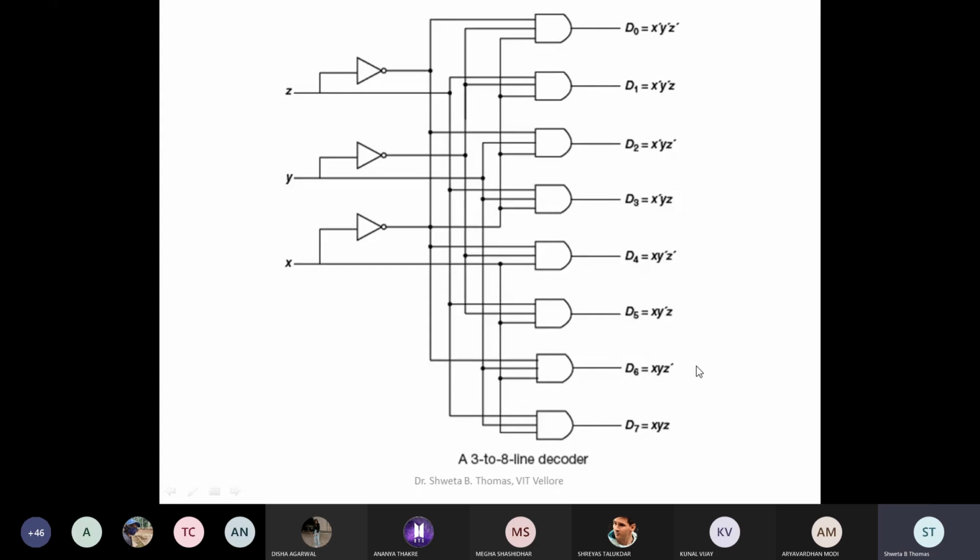You can do that verification by hand, and possibly by tomorrow evening I will upload the slides also, so you can use the content of my PPT. Everyone please take a snapshot of this circuit diagram, although it is there in Morris Mano if you have the book. But better you take the snapshot of this, so that you can implement it very easily. Have you taken it, everyone? Yes, okay. Thank you.